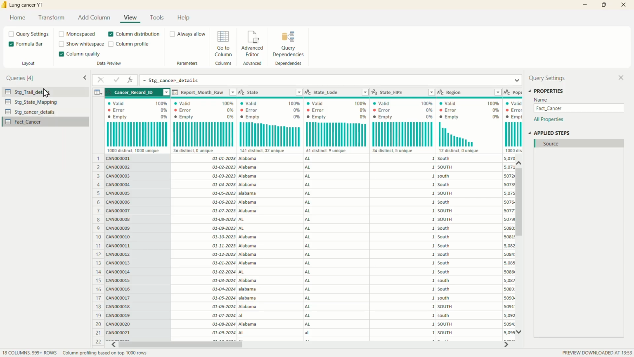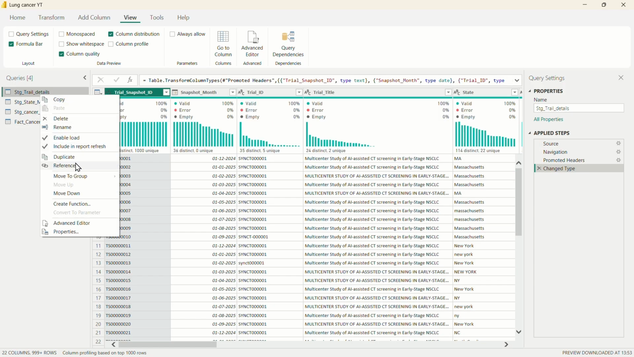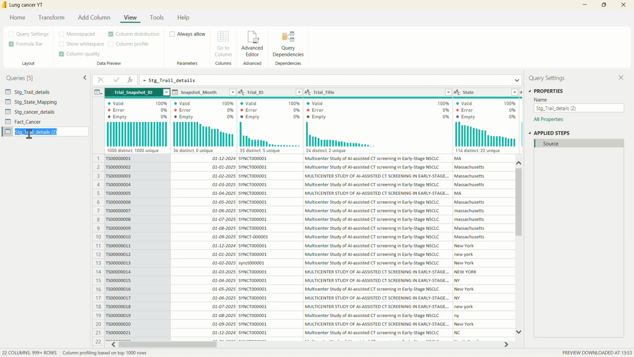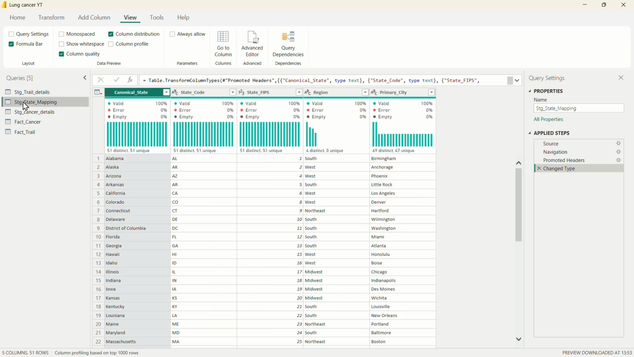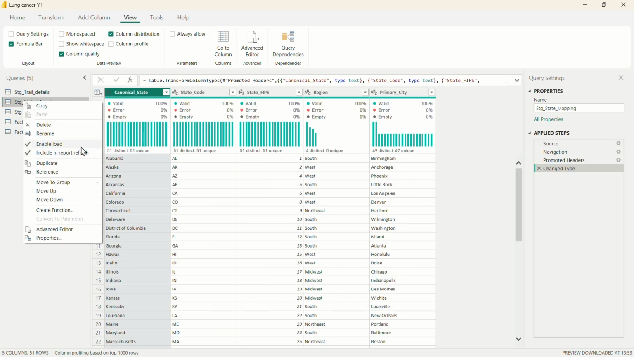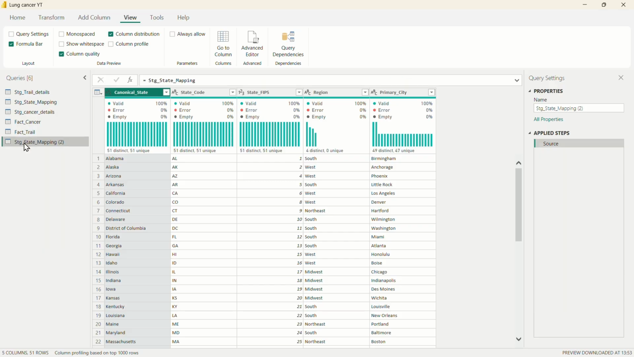Same way for this trial, right click and you can reference it and name it as fact trial. Same way, right click on this staging monthly mapping and this will be our dimension table. So we will name it as dim, that is the short form of dimension, as state. Okay. Now we need to create a dim trial as well from